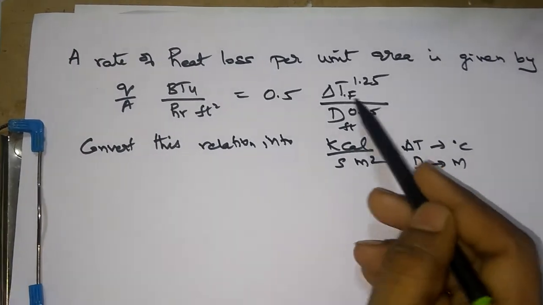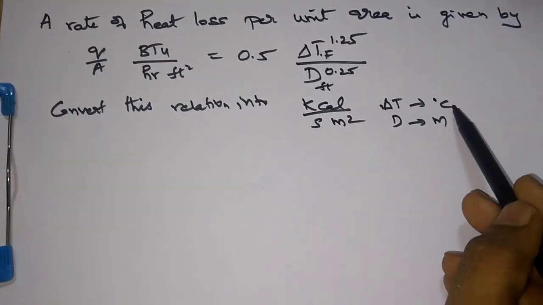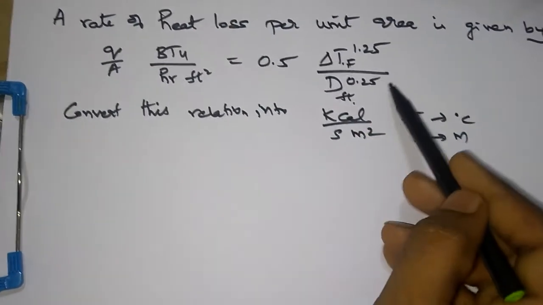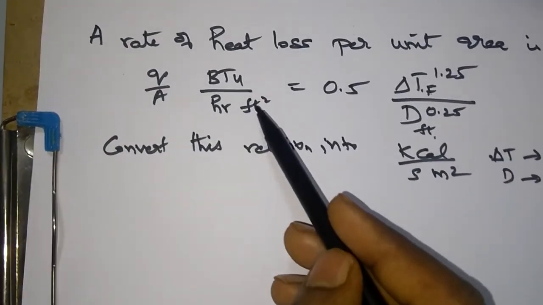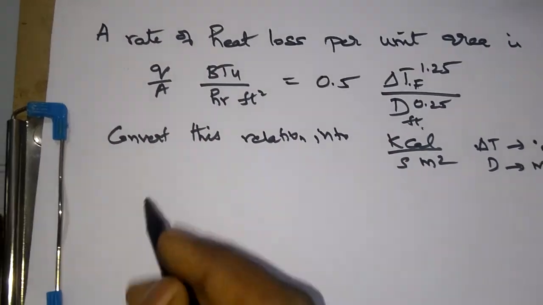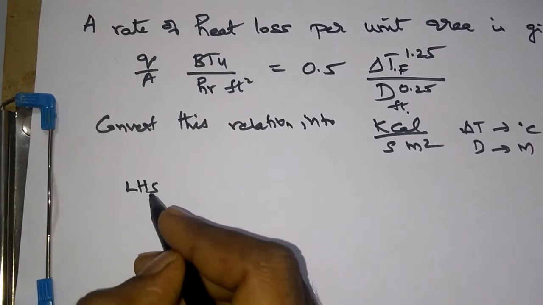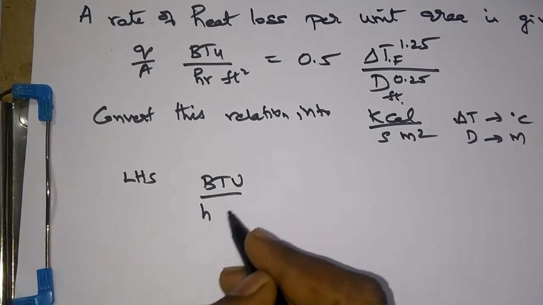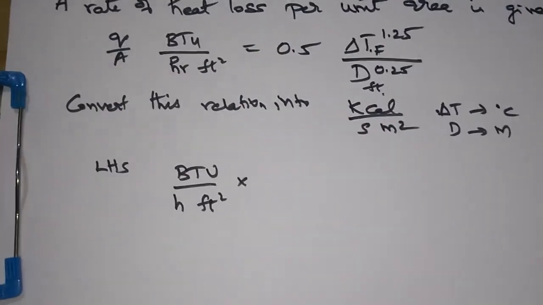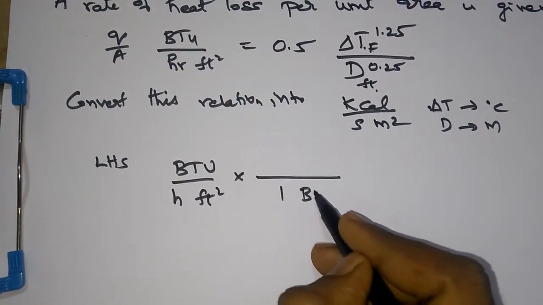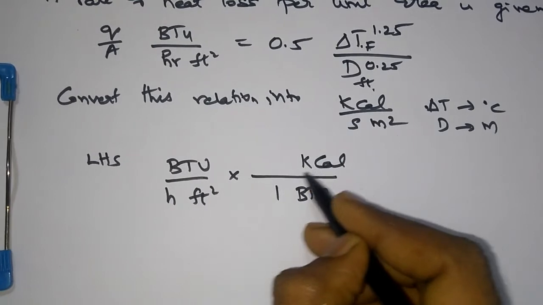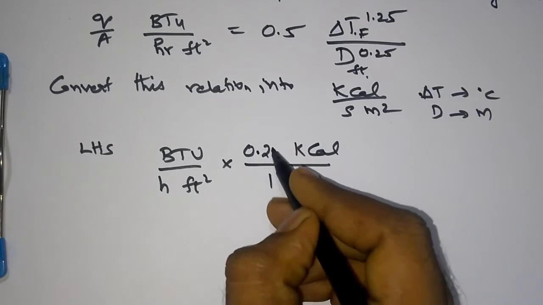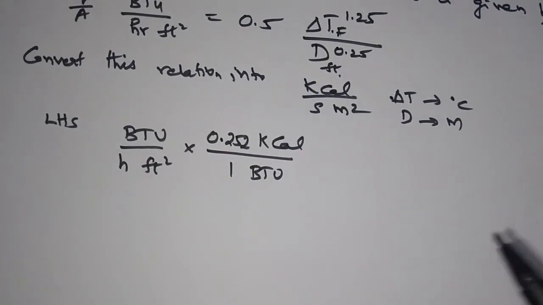So this is the question. This delta T is given in Fahrenheit, which we have to convert to degree Celsius. This D is given in feet, we have to convert to meters. So that conversion we have to do in the right hand side. On the left hand side it is given BTU per hour feet square, which we need to convert. So if we consider the left hand side, what we have is BTU per hour feet square. So what are the conversion factors? 1 BTU is equal to, in terms of calories, 252 calories. If it is kilocalories, 0.252 kilocalories